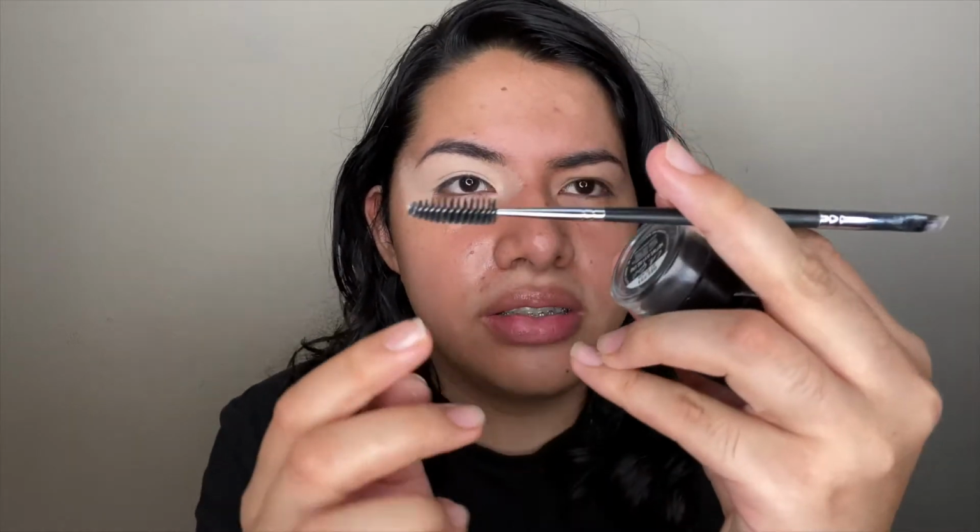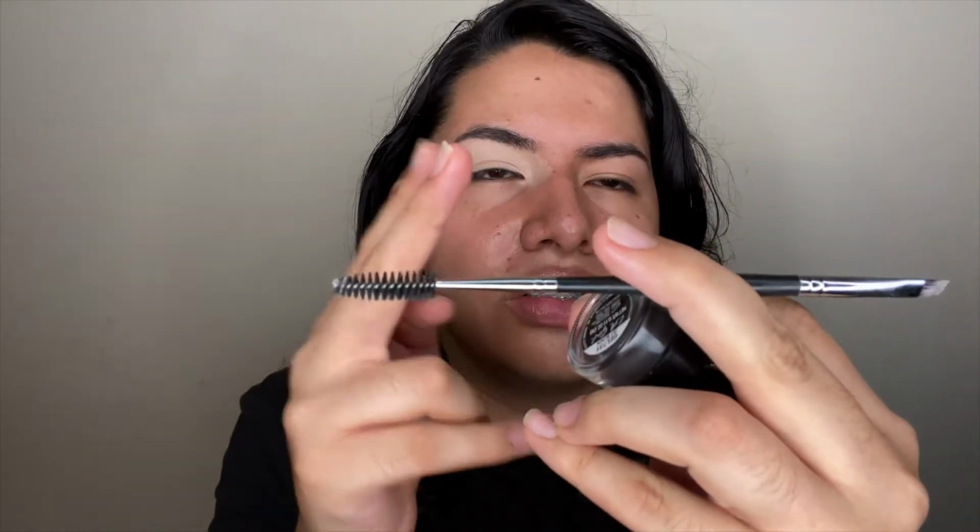Okay, you guys, for this tutorial, we're going to need 3 things. First, we're going to need an eyebrow brush. I'm using the Morphe M158. Generally they come like this. I know there are different brushes, so generally they come together, one side for the eyebrow and one for blending, but sometimes they come as different brushes, and that's totally fine. And then we're going to need